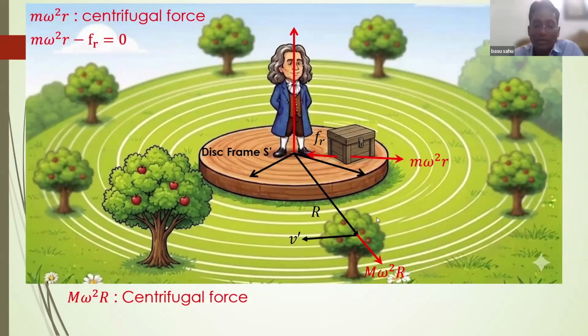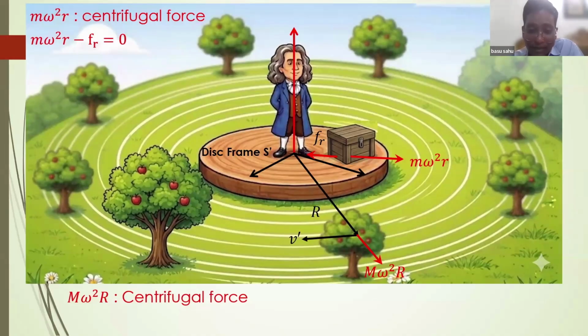Suppose it's just revolving around the center of the disk. Then just define what will be the centripetal acceleration from the knowledge of circular motion. V square by R. V square by R, or in terms of omega, we can say omega square capital R, right? Yeah. And in terms of force, it should have a definite value, capital M omega square R, right? Yes. But I am getting M omega square R in the opposite direction.